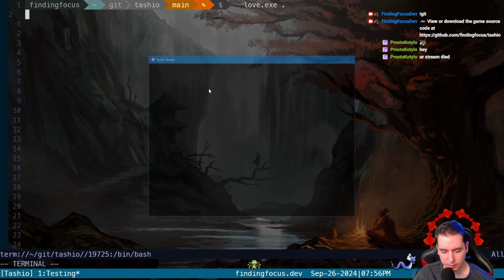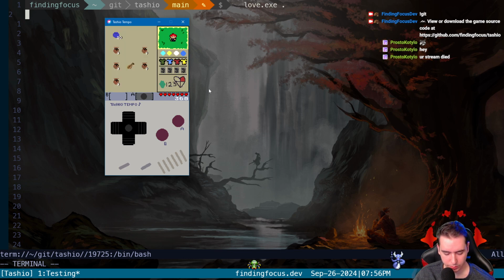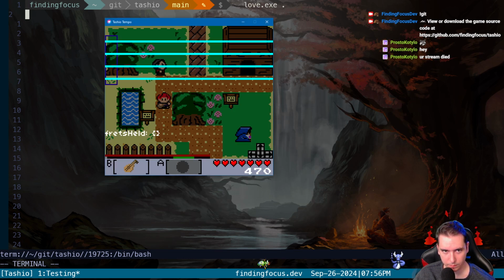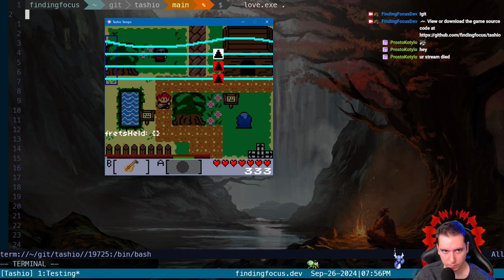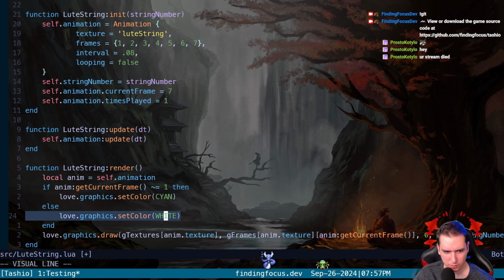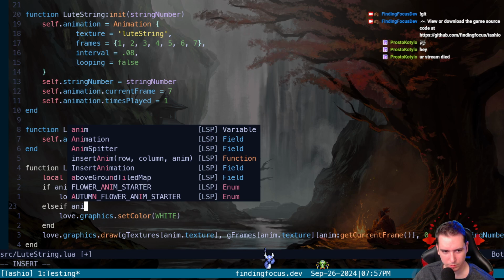I thought that the stable string was the first frame, but I could be mistaken. If the current frame does not equal 2, yeah, I don't know, this one should work.